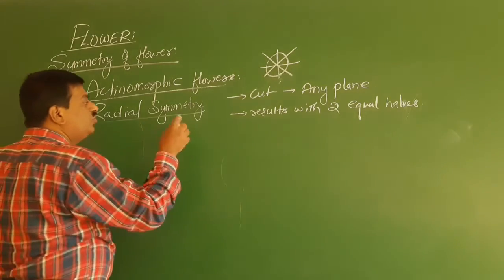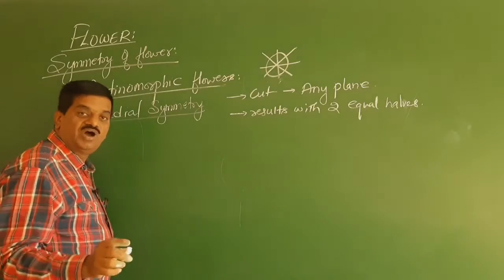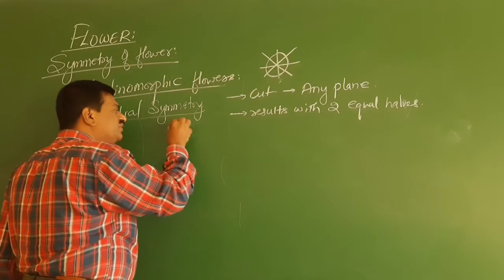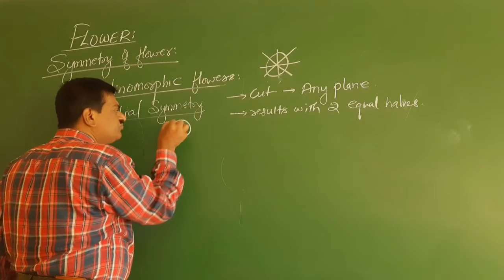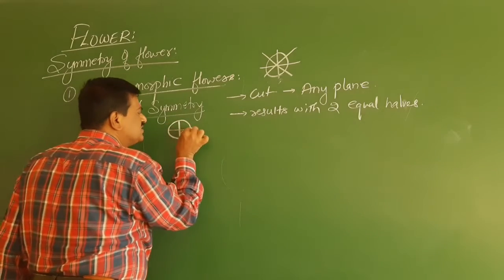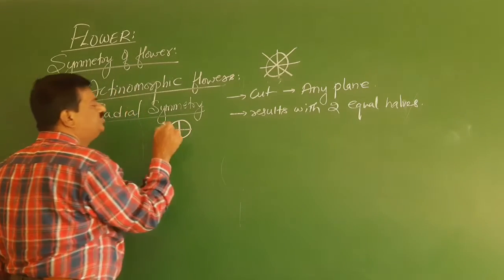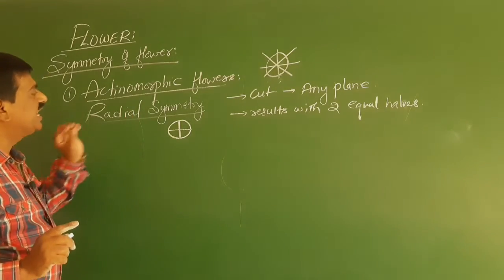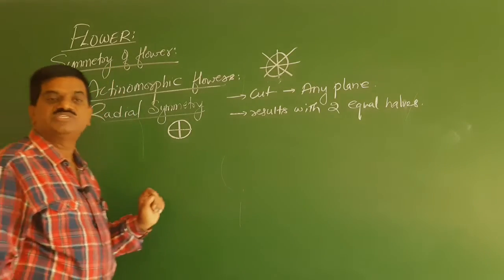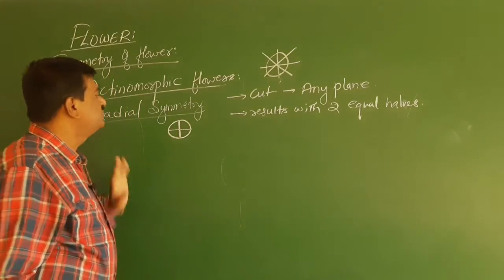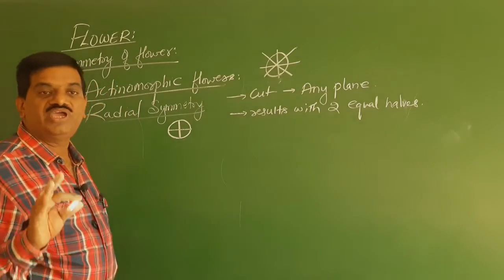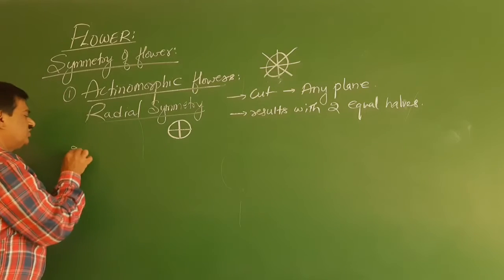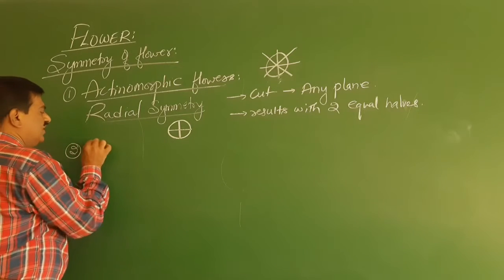Actinomorphic is denoted by a symbol. When representing actinomorphic, we write a circle and put a plus inside. This symbol denotes that it is actinomorphic. Hibiscus and rose are examples; in all of these there are actinomorphic flowers. So we go for the second one, called